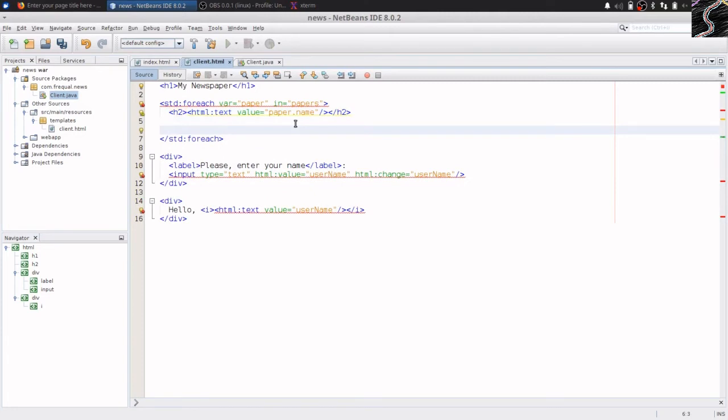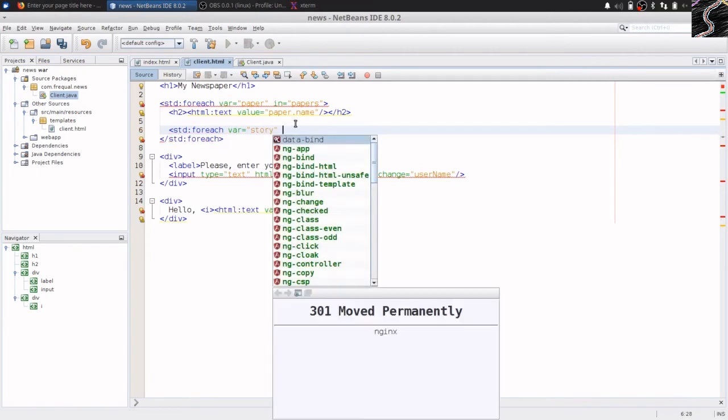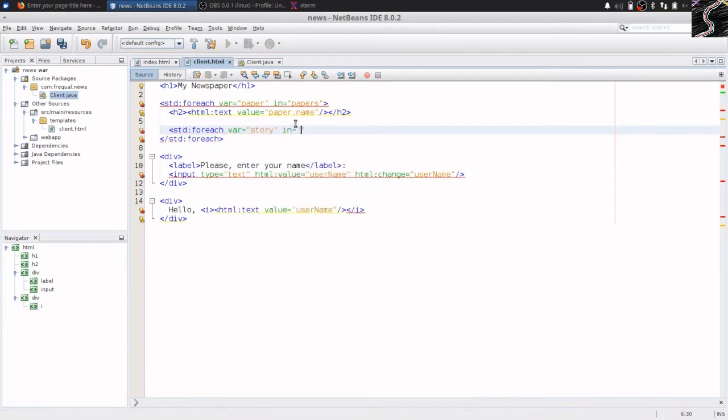So how do we show a list of things? Well, we just saw that a minute ago. It's a standard for each. So we'll do a double nested for each loop. And this time, we're going to have each story in a variable called story. And they're going to come from the paper.stories. We'll have to make a stories list in the paper